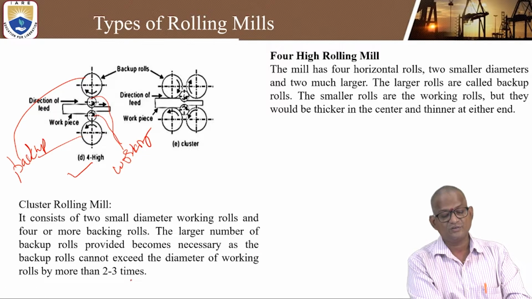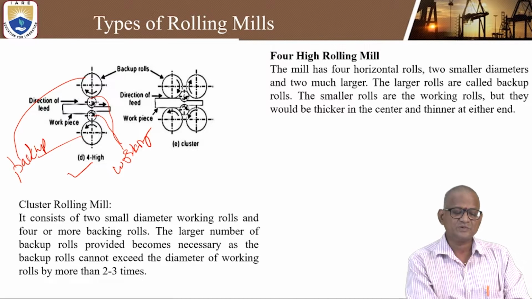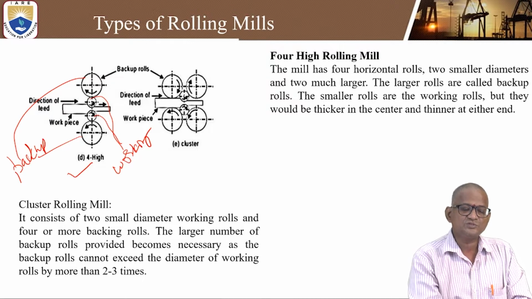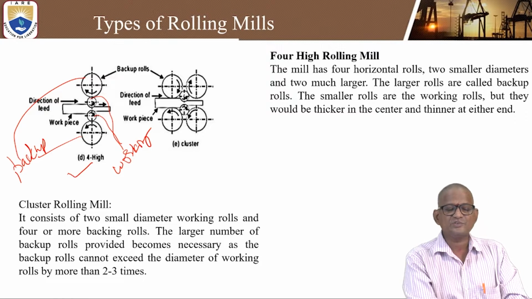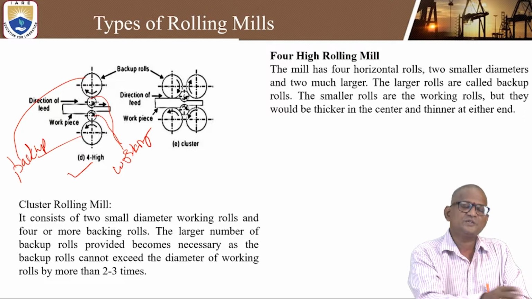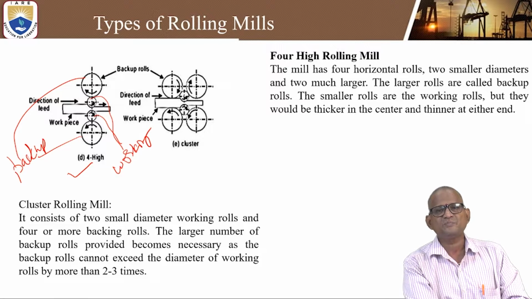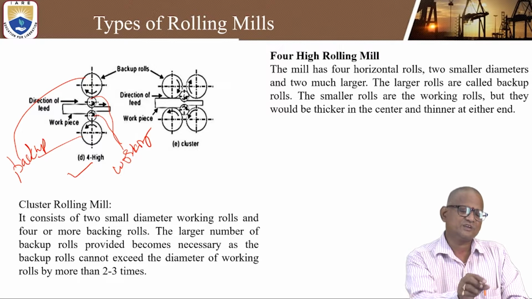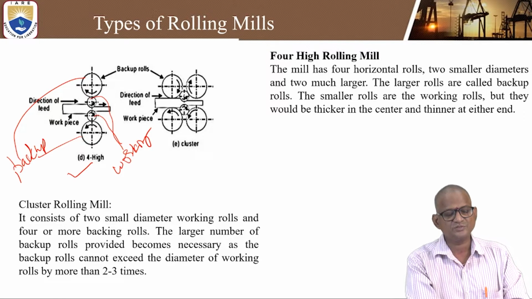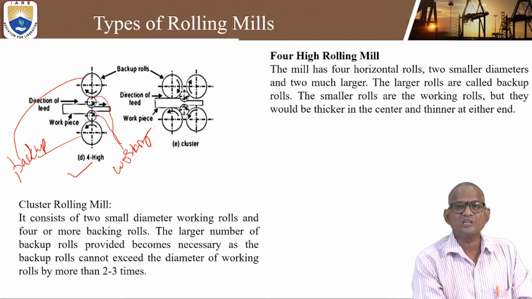This is what matters, okay. The backup roll diameter cannot exceed that of the working rolls by more than 2 to 3 times, because if it exceeds that, it is very difficult to compress, and damage can even occur. That is why only backup rollers below 2 to 3 times the working roll diameters can be used. Okay, and similarly, in the cluster rolling mill,